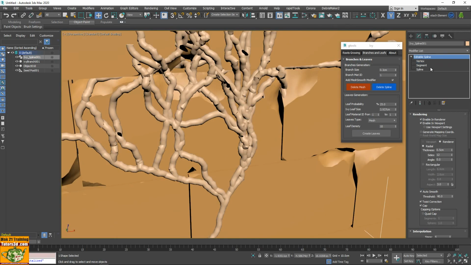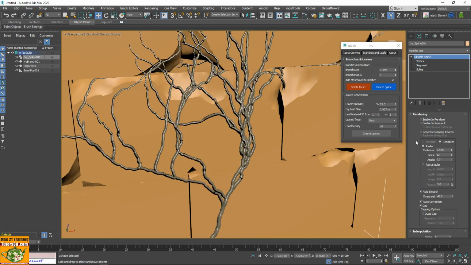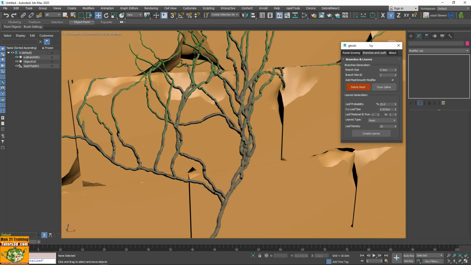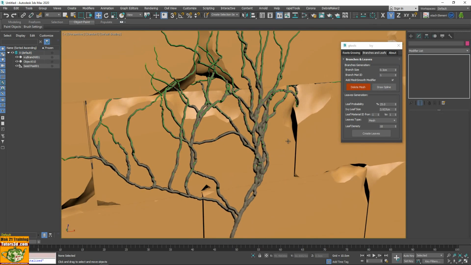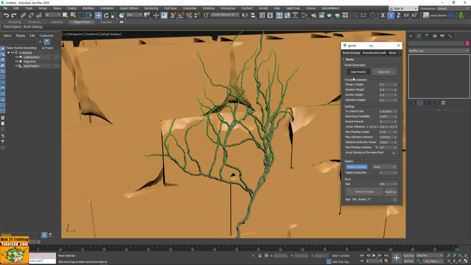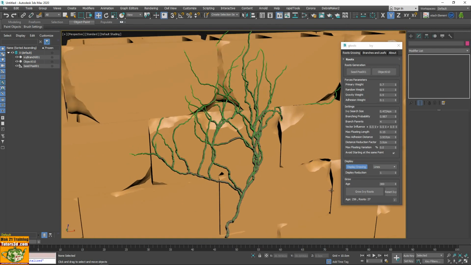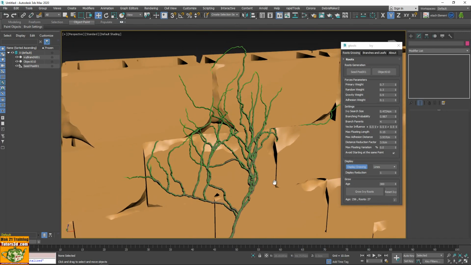Then the game of creating the splines is this: if I don't need the spline, I tell it delete spline, and it doesn't show me in color what we see anymore. Under its parametric structure was generated previously. If I go inside the grow and I tell it, for example, grow, it grows again. You see what it is doing.